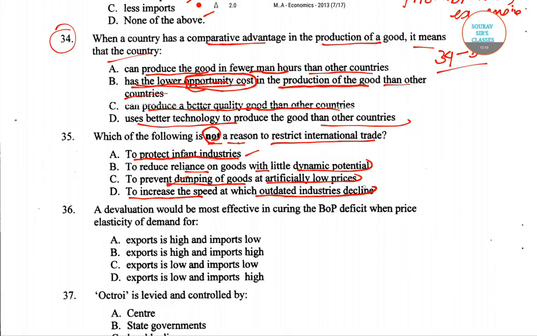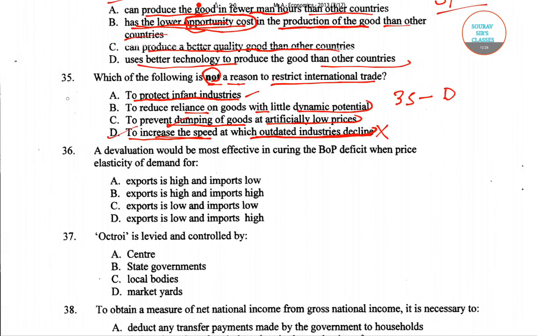So option D is the right answer, that is to increase the speed at which outdated industries decline. So obviously this is not a reason to restrict trade. For question number 35, the right answer is option D. Now we'll go straight to question number 36. In question number 36, it is given, a devaluation would be more effective in curing the BOP deficit